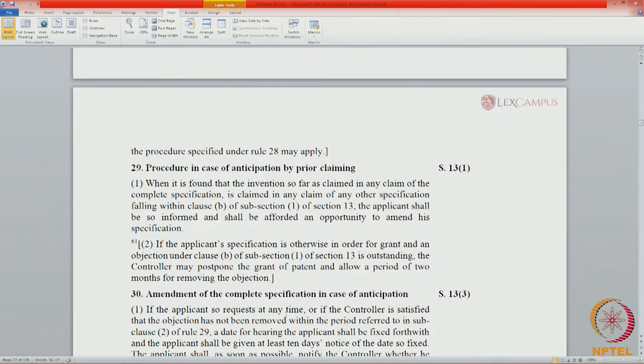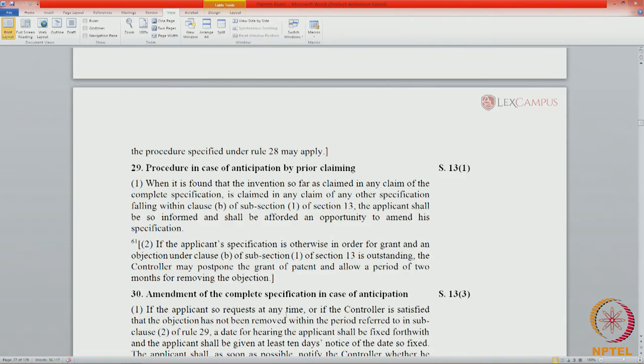So, here the procedure is quite simple. We saw Rule 28, but to understand 29 in detail you will always have to compare it with Rule 28. In Rule 28, what is communicated is the gist of the objections, and the objection comes under section 13. Here, what is communicated is the fact that something is prior claimed.